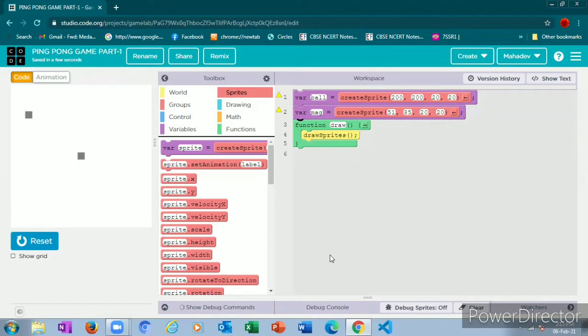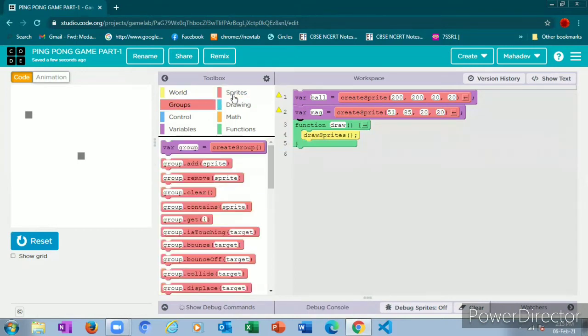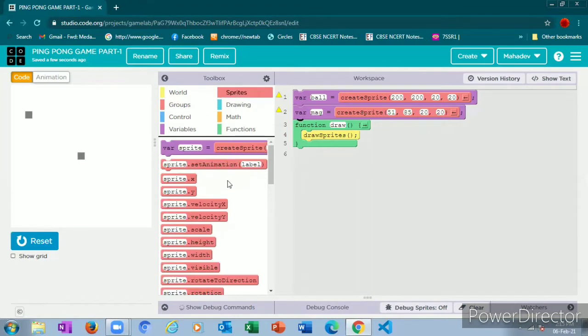And now we are going to animate the ball. Firstly we are going to move the ball. We must go to the sprites group, and drag and drop this velocity x and velocity y over there.